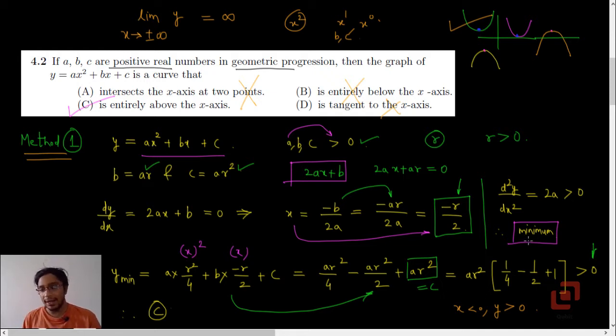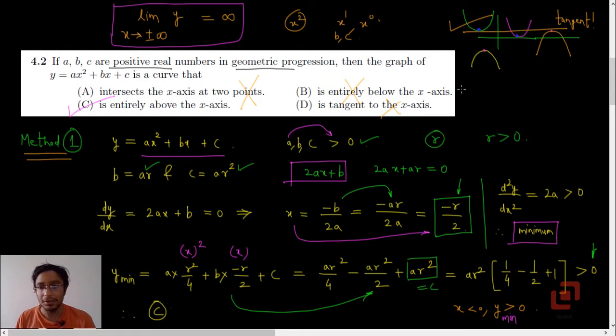It has a local and the global minimum, which is at minus b by 2, and that minimum value y min is positive. So that ensured that the local minimum of the parabola is in the second quadrant, and because of this there is no chance that the parabola is going to intersect the x-axis. In fact, the line y equal to y min is going to act like a tangent to our parabola in the second quadrant. Okay, so the correct option is C.